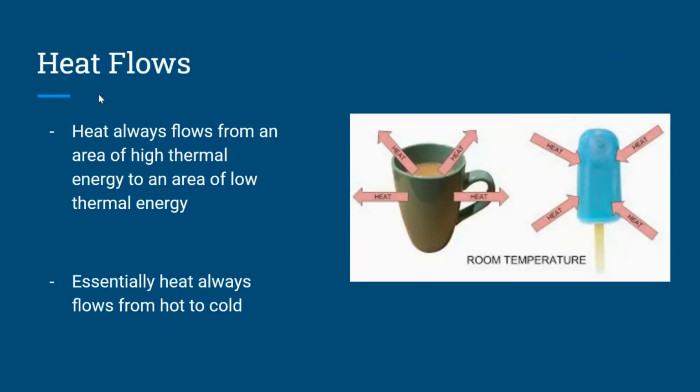Well, we know that heat always flows from an area of high thermal energy to an area of low thermal energy. So essentially, heat always flows from hot to cold. So for example, if you have a hot cup of coffee and you put it onto the table, the heat from that cup of coffee is going to move out. The high energy is going to dissipate and move to the areas around it. Whereas when you have something that's cold, like a popsicle, it's eventually going to melt. Why? Because the heat from the room is warmer, and it's going to be moving in. It's going to go from the high thermal energy to the low thermal energy